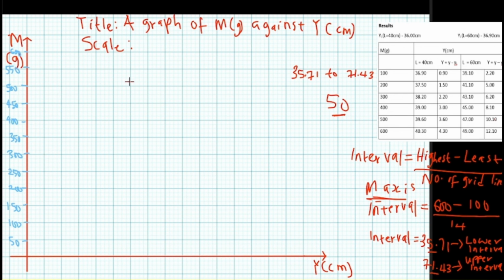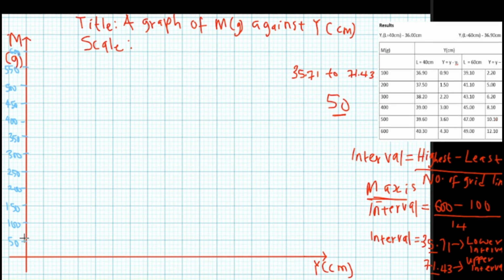So what do we call this scale? Now each big box here represents 1 cm. So from here to here is 1 cm. On our scale for the vertical axis, we say M axis. Remember, from here to here is 1 cm. So we say M axis, we have 1 cm